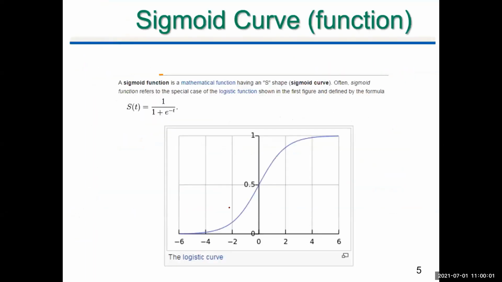Okay, next, we need another thing, and this is called an S-curve or a sigmoid curve or a logistic function, whatever you want to call it. You can call it any of those. Anyway, you can see that this curve